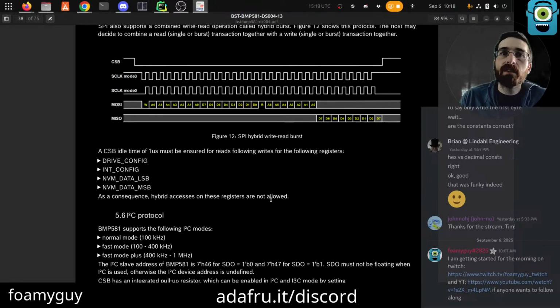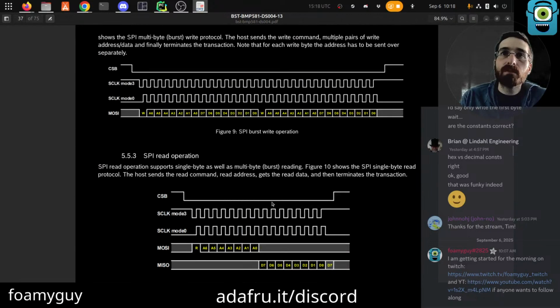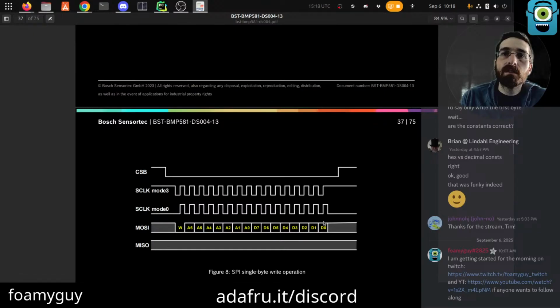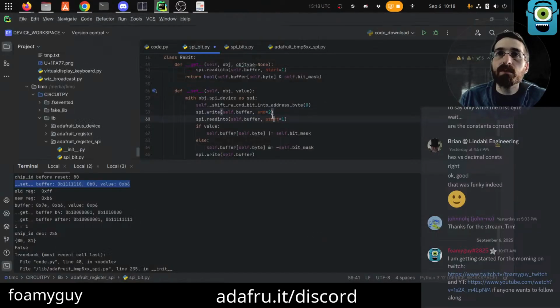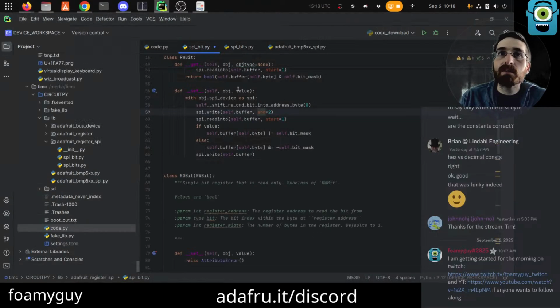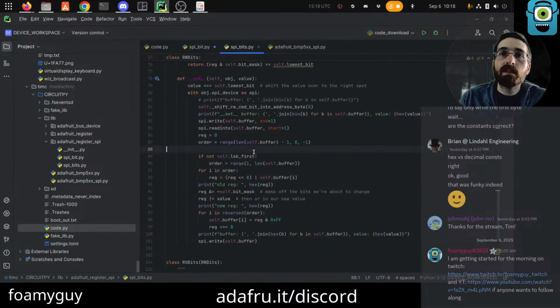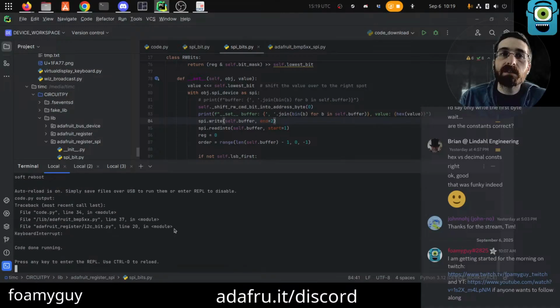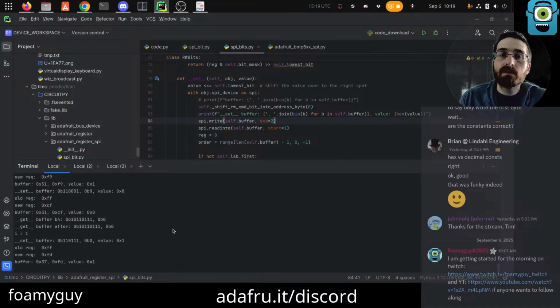We need to send the address and obviously the data we want to write. Yeah. So when we're writing, we do need to send 2 bytes. I changed that to a 1, we should not have. Which probably then, I'm guessing, messed up the reset. Okay, yeah. So now